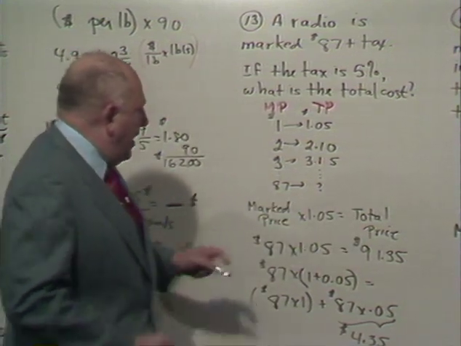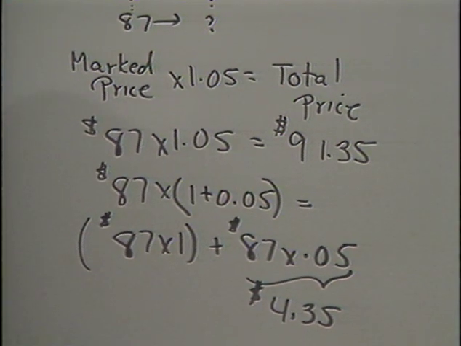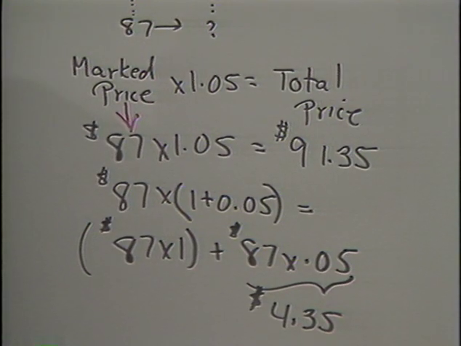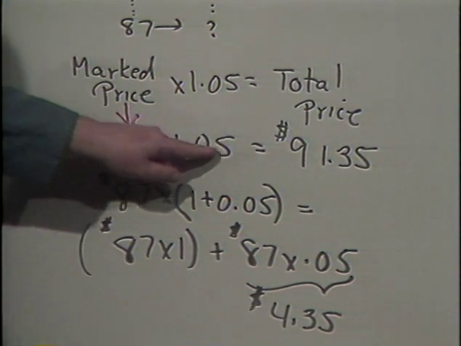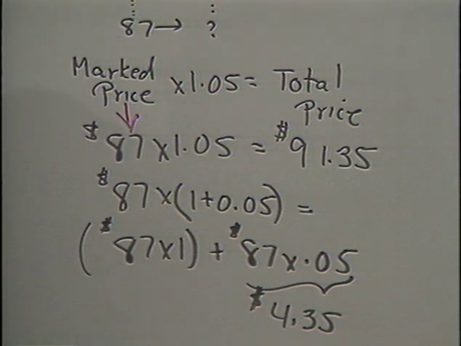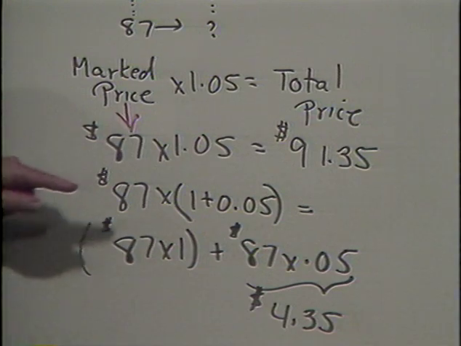And in this problem, they tell me that the marked price is $87. See, that's reading comprehension. I have to see where the 87 goes. It's $87 times 1.05. I multiply this thing out, and I get $91.35. And in fact,